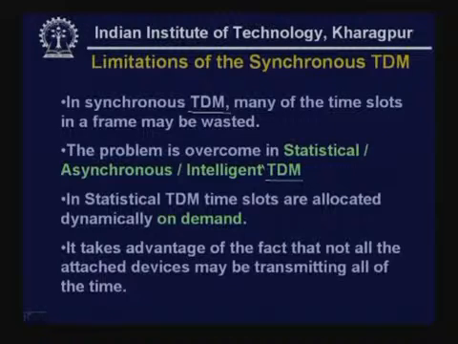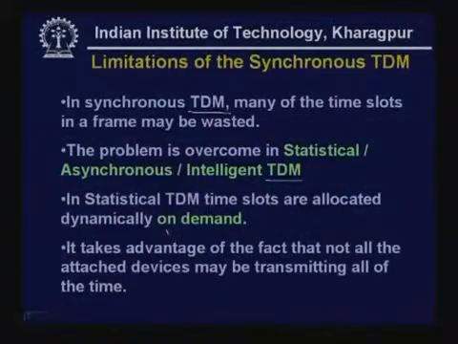How? In statistical TDM, time slots are allocated dynamically on demand. That means, in the previous case we have seen each slot is pre-assigned for a particular source, but here it is not so. Here the slots are allocated dynamically on demand as and when required by different sources. It takes advantage of the fact that not all the attached devices may be transmitting all the time. It is based on the observation that all the sources may not be transmitting all the time,